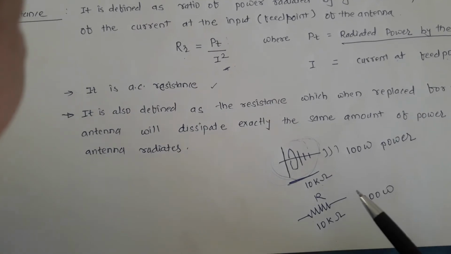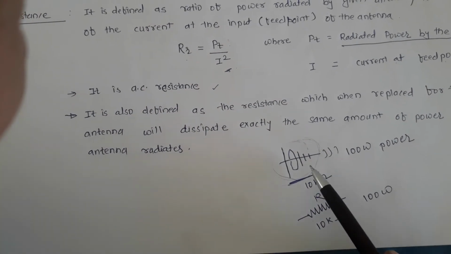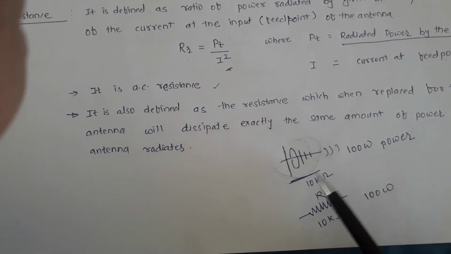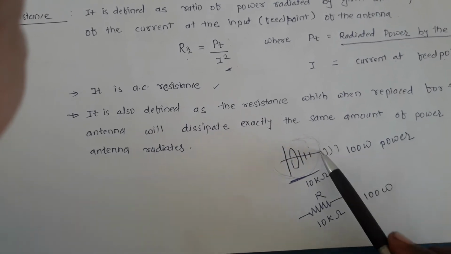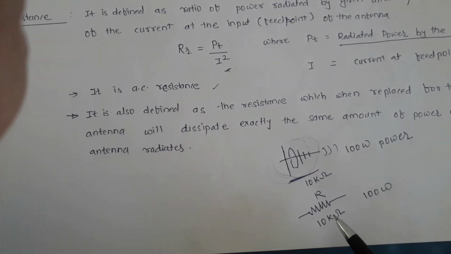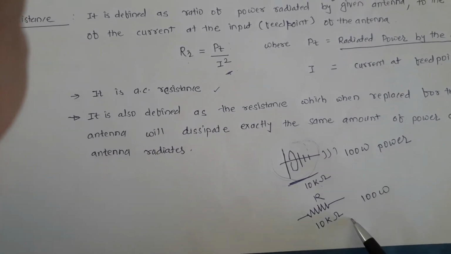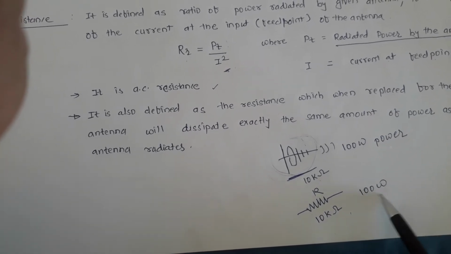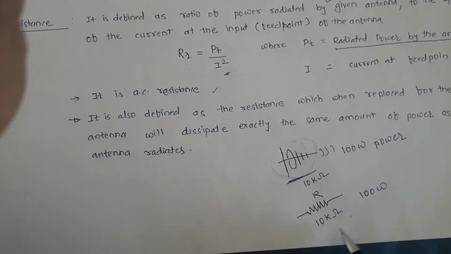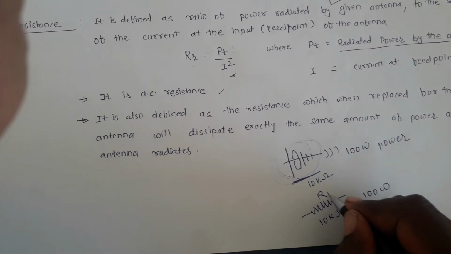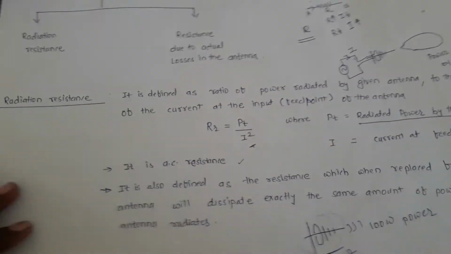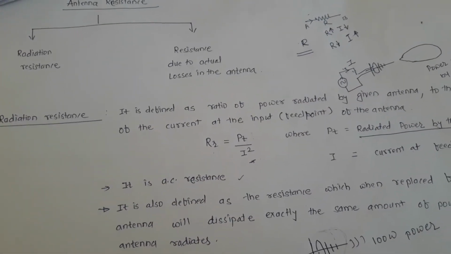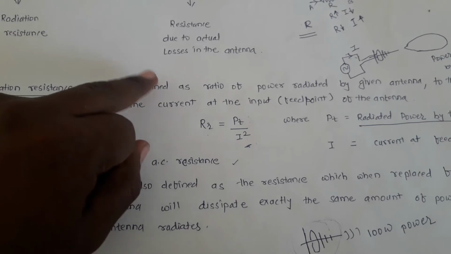purpose we are taking the example that if the resistance of the antenna is 10 kilo ohm and the antenna is radiating 100 watt, and we replace this antenna with a resistance of 10 kilo ohm, then this resistor is also supposed to radiate 100 watt power. So this is called the radiation resistance RR. Now if we have understood the concept of radiation resistance RR, let us move to our next point,